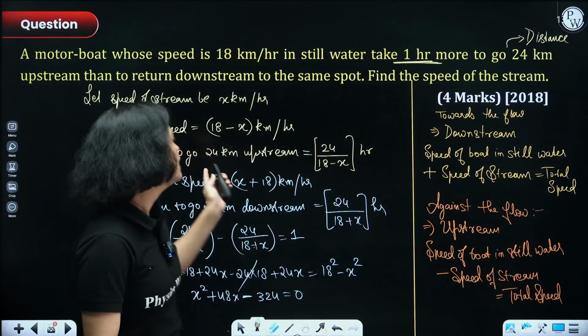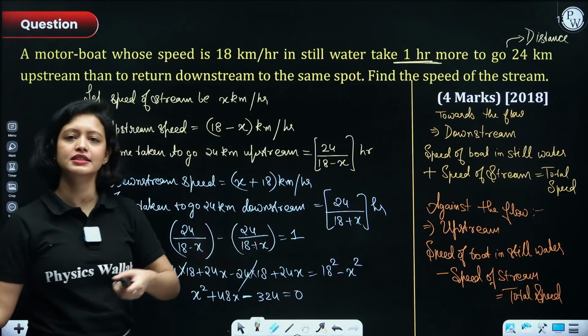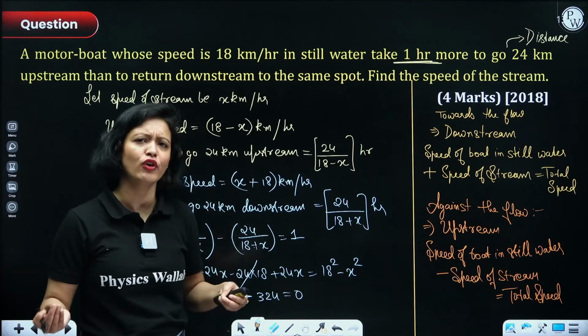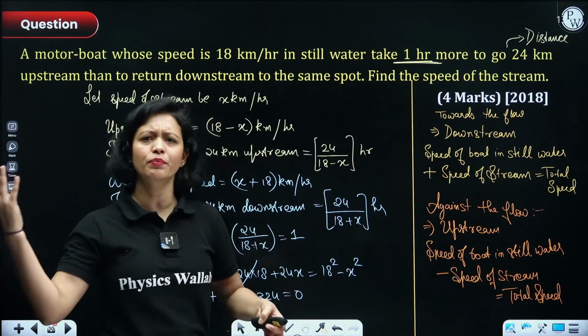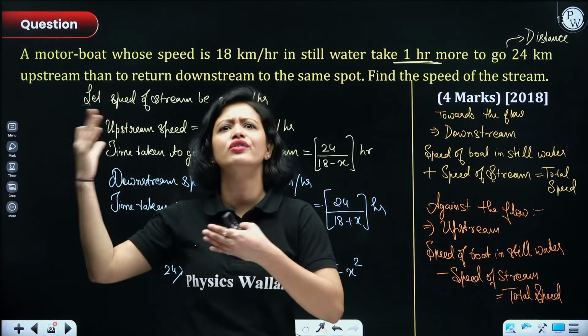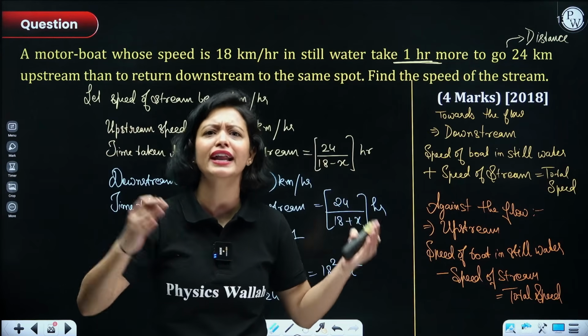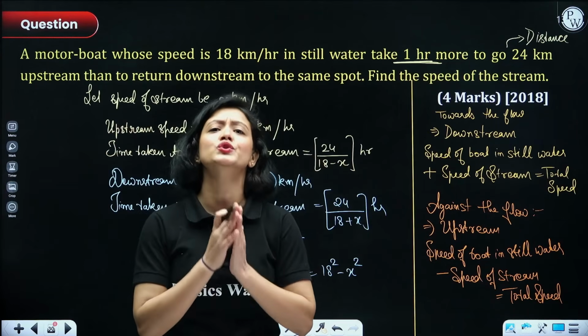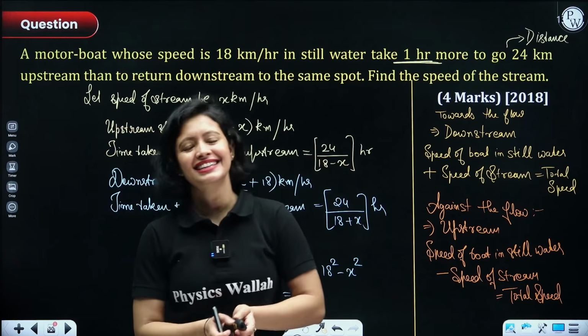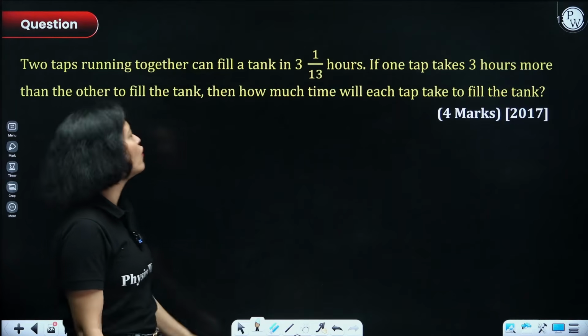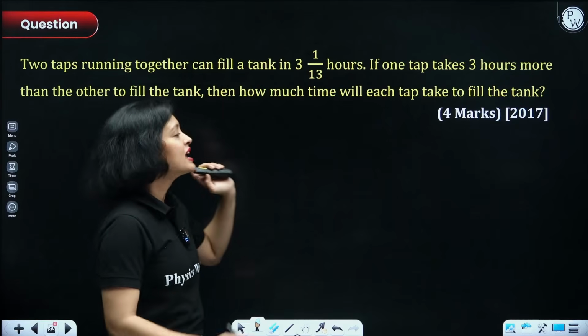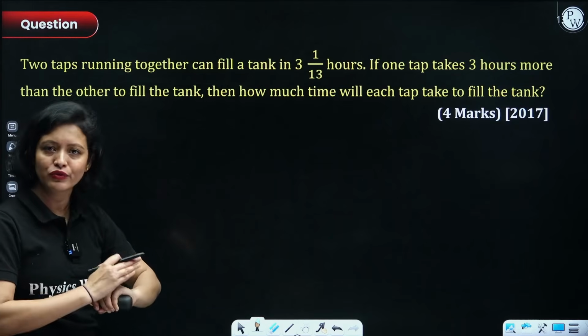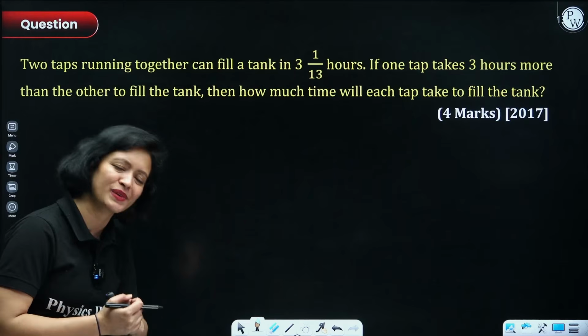Okay? The equations that we formed were similar to the previous equations that we formed for train or for flight, where a relationship is given between the time periods. Okay? Let's move on and discuss this problem, guys. Again, this type of question has been repeated a lot, so please pay attention.